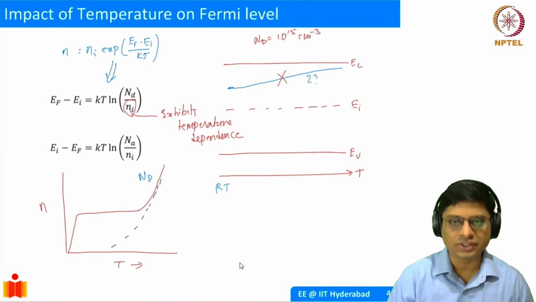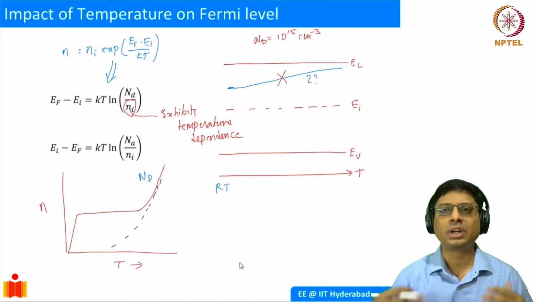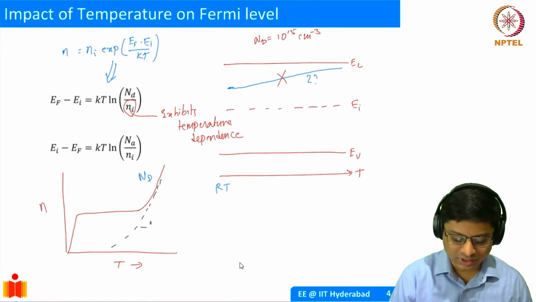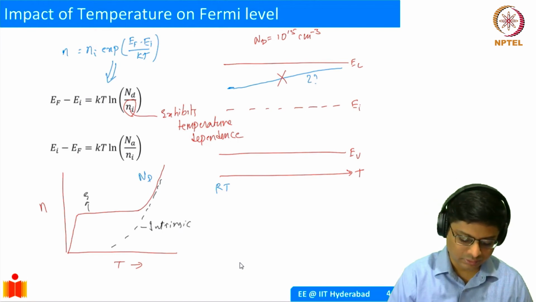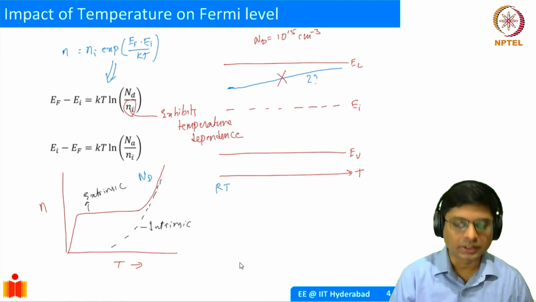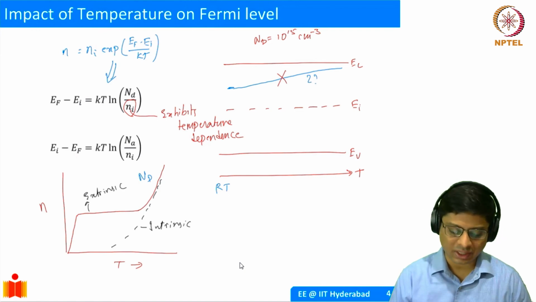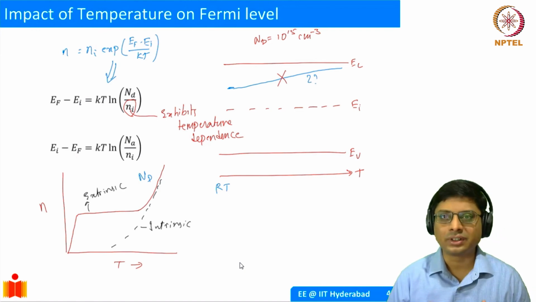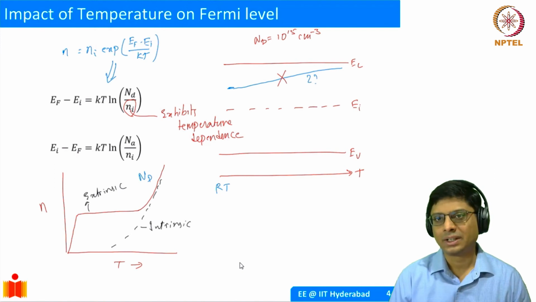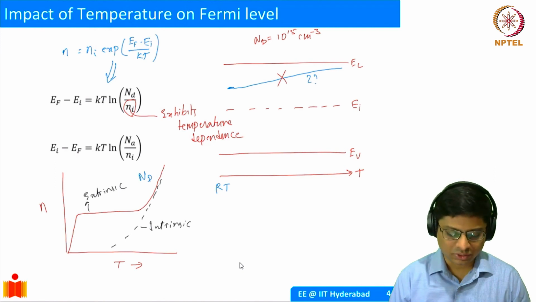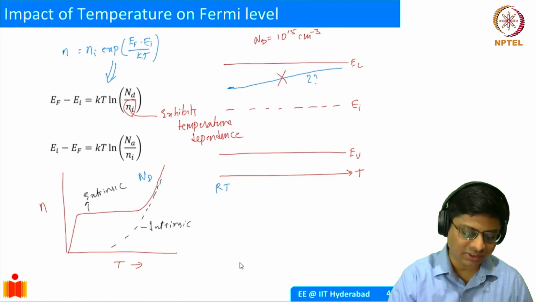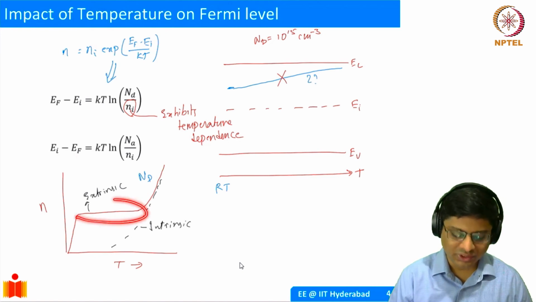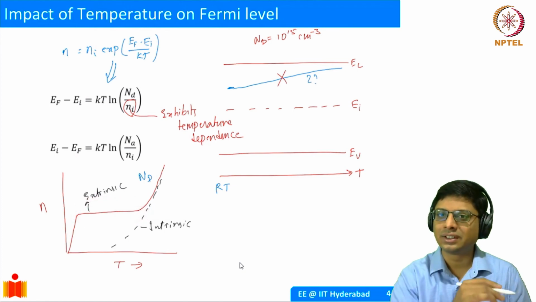So as you increase temperature, more and more electron hole pairs are generated. So this is your intrinsic, right? And this is your extrinsic semiconductor, you could say, right? So as you increase temperature, this is what is happening. So now, physically, think about what's happening. You should not see much of temperature variation, right? Whenever your semiconductor is in the extrinsic regime here, you should not see any changes in the Fermi level with temperature.